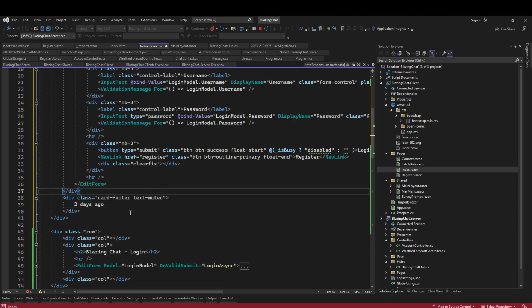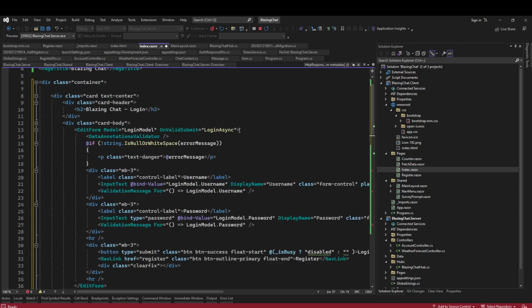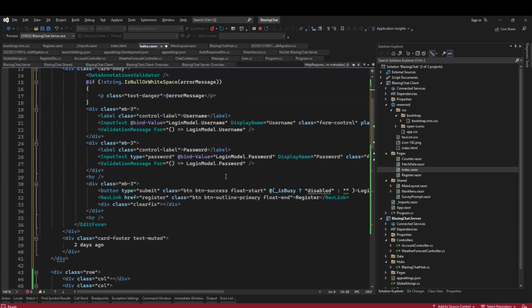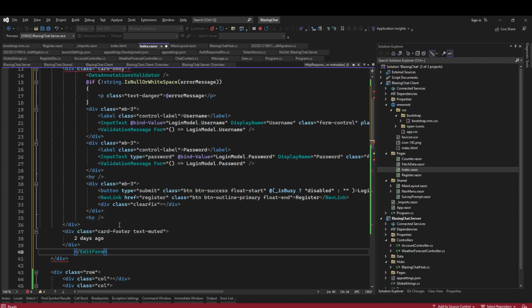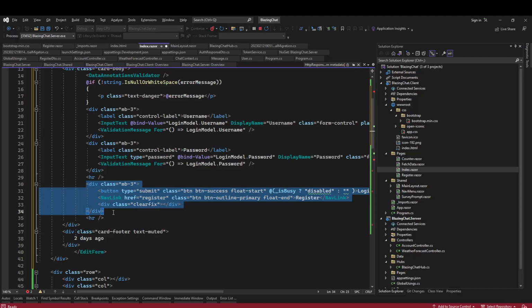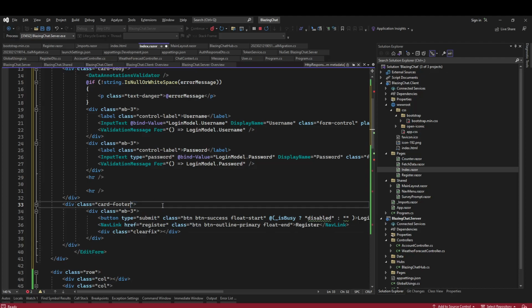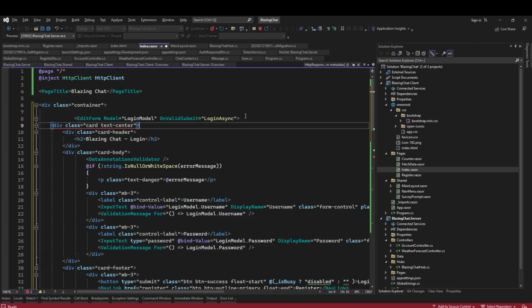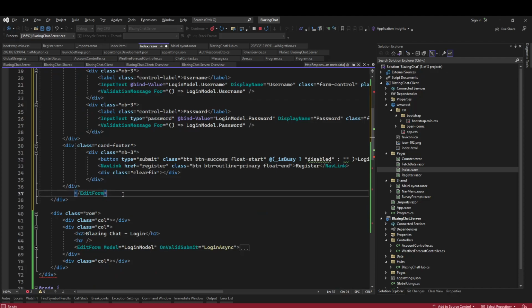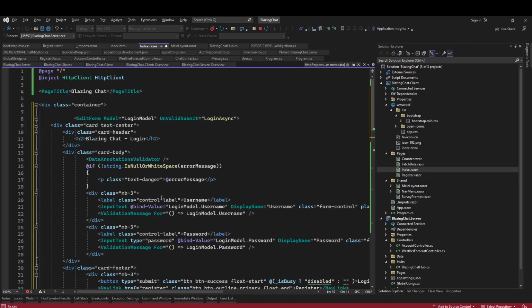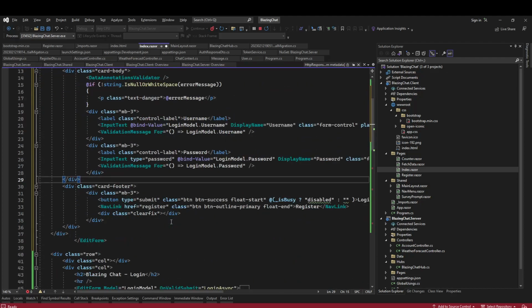Okay, in this case there is no card footer, or maybe let's move this outside, and we can have our buttons in card footer. HR, remove these HRs. What happened? Div with no matching tag. Edit form after this div. This thing, and